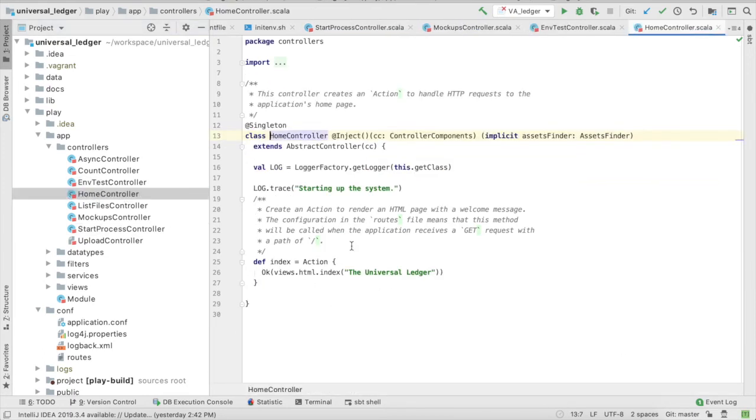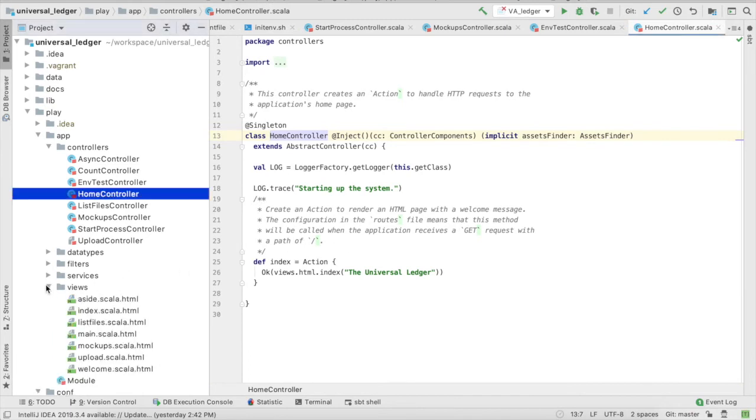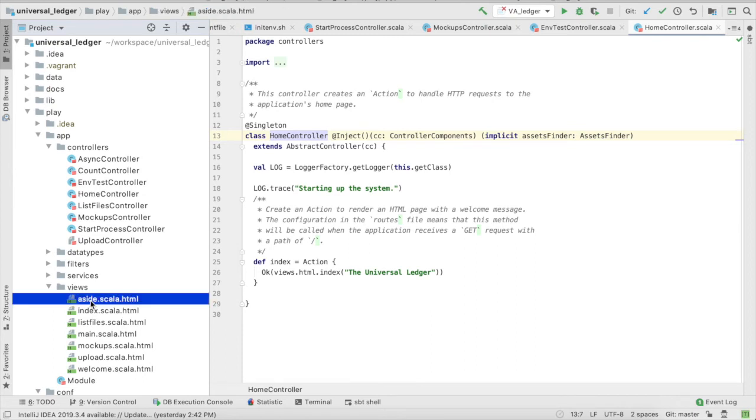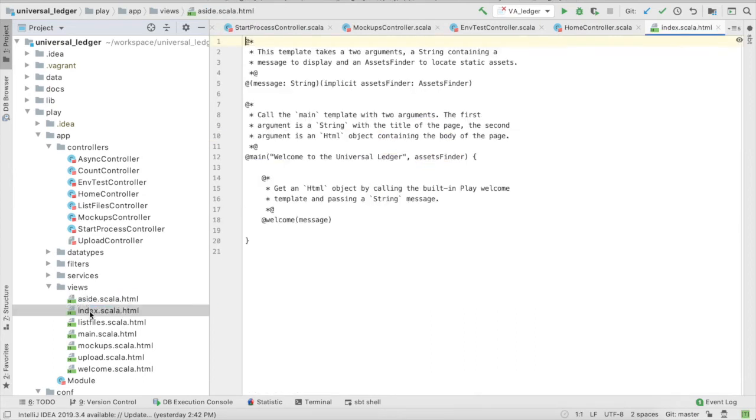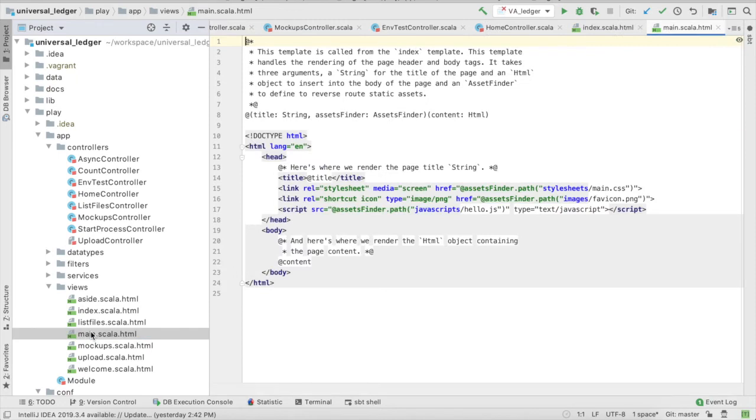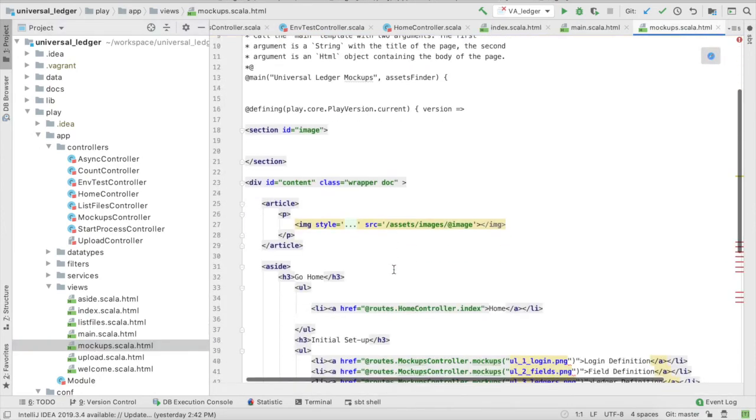The controllers handle the routing and requests, gets, puts, and posts. The home controller is the first one that executes as the system starts up. There are small snippets of code that are used to generate HTML instead of having to write full web pages. You can see these are fairly compact rather than all of the materials you would typically have to write to get the fully formatted